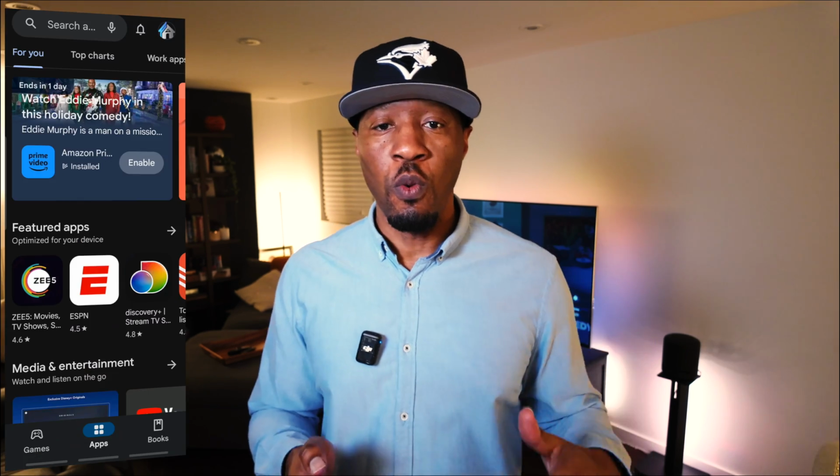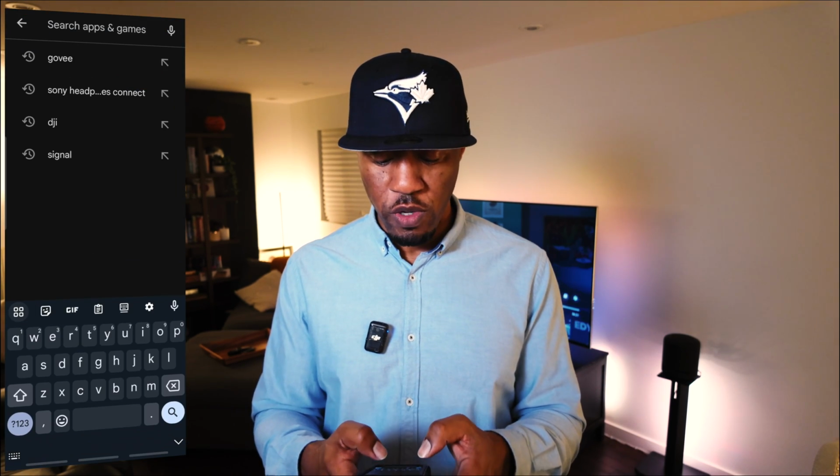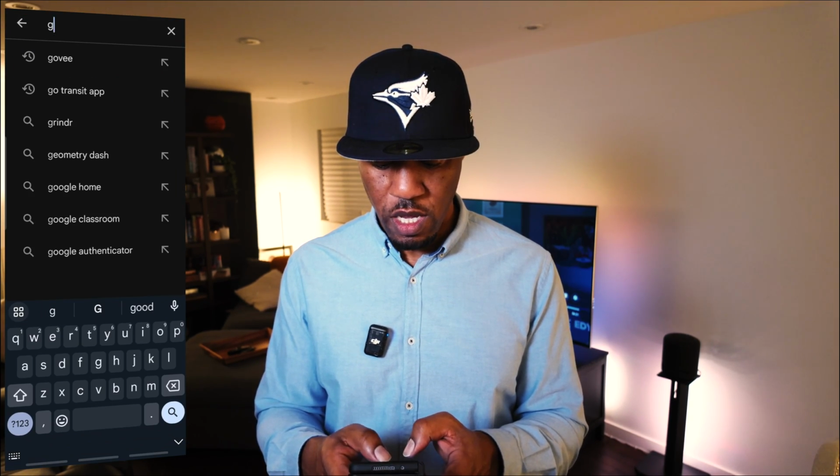So first thing first, what we're going to need to do is download the Govee Home app, and within the Home app we can then go to the DreamView. So I'm going to take you step by step on the screen so you can follow on and do the same in your environment. So when we go to the Play Store, what we want to do is just type in Govee,